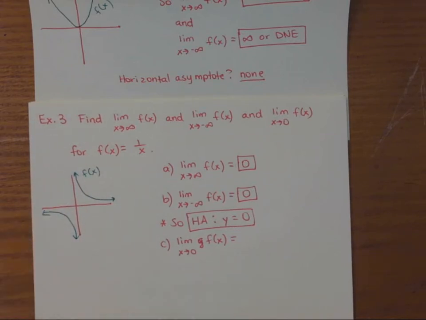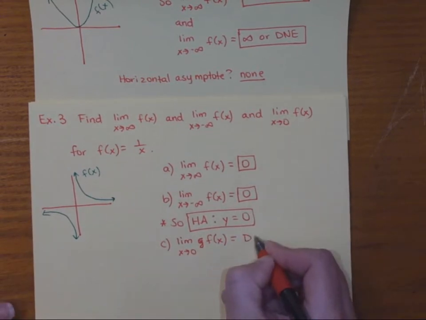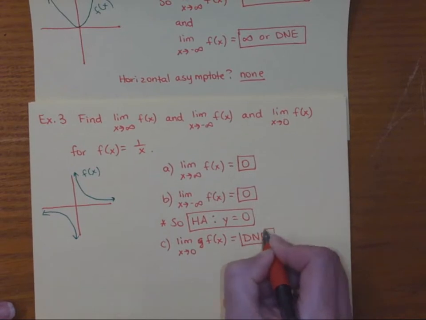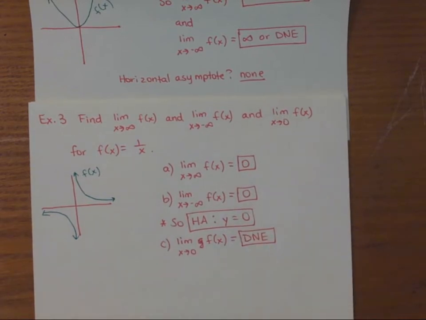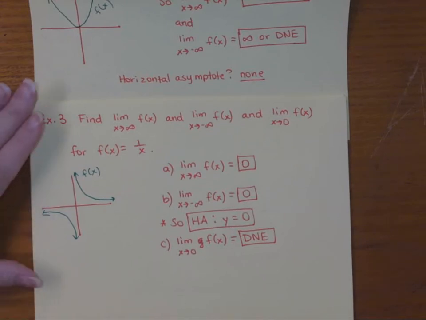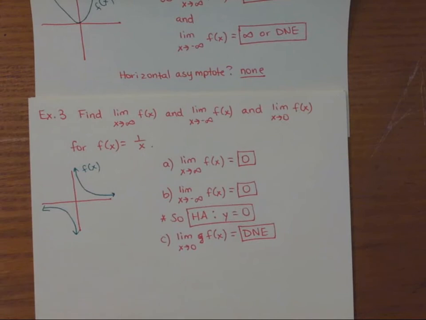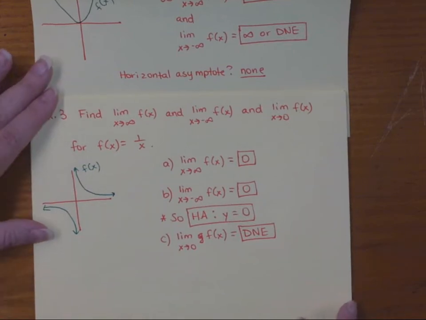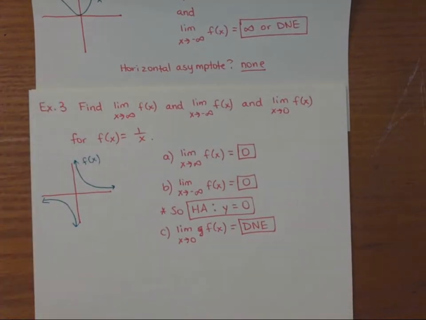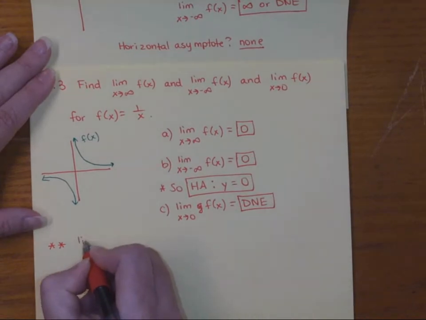So there's kind of some confusion, right? Like, should I say positive infinity? Should I say negative infinity? But in both cases, the limit wouldn't exist, right? So again, if you have a limit of infinity or negative infinity, it means the limit didn't exist at all. All right, so I'm going to put 2 stars by this. We're going to use this for the next little